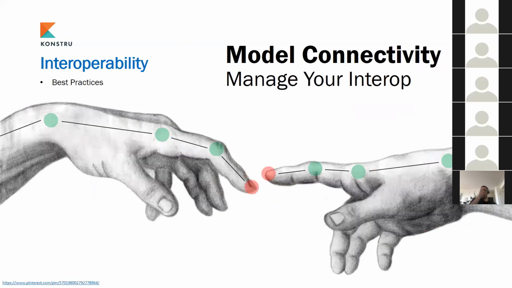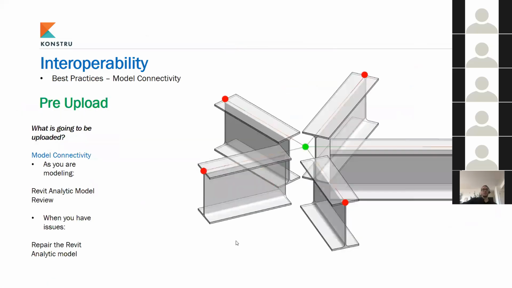Now, when you're uploading stuff into Konstru, there's something very important that has to get covered regarding interoperability and connectivity: model connections. For example, I'm not sure if everyone's aware of how Revit works with models, or how certain models are prepared for certain CSI applications or analytical applications. There's a little bit of a difference between a physical model and an analytical model. In this case,